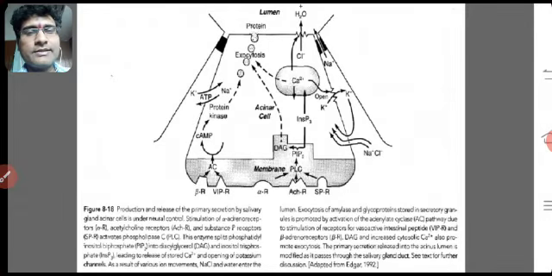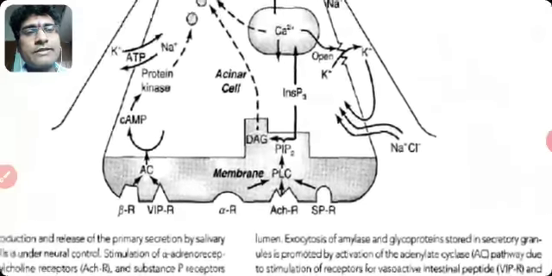Today we will be studying the flow of saliva from acinar cell to the lumen. We know that the salivary glands are made up of acinar cells, and these cells are controlled under neural sensation. So when the neural sensation comes, then three different receptors are activated.